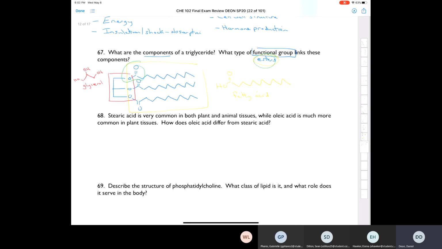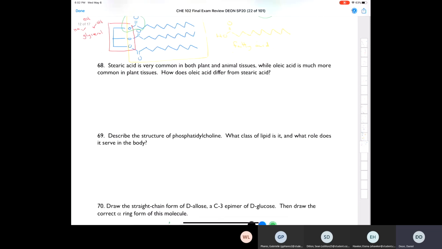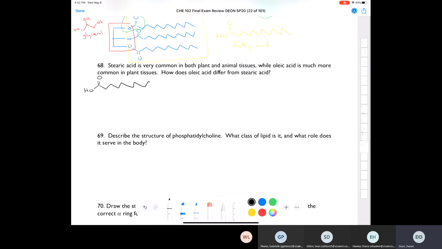Okay. The next question, I wouldn't expect you to have the structure of stearic acid memorized in any way, shape, or form, but I'll write it out for you. So it's got 18 carbons. Let's see if I can do this. So we got 1, 2, 3, 4, 5, 6, 7, 8, 9, 10, 11, 12, 13, 14, 15, 17, 18. There we go. So this is stearic acid, which is found as one of the major components of tallow, which